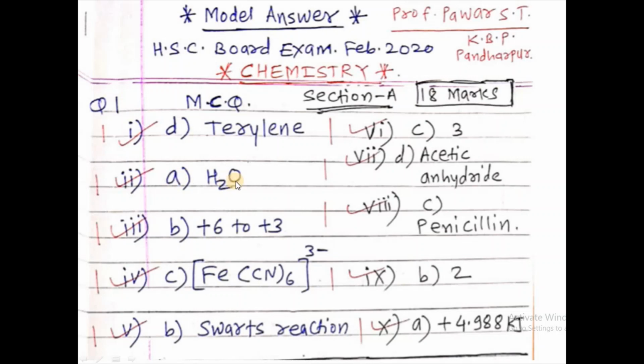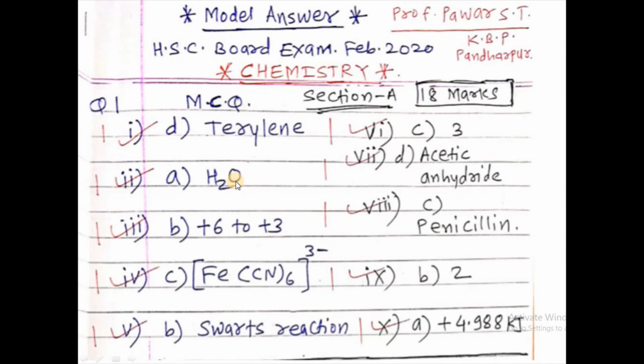The next question is: during oxidation of ferrous sulfate using a mixture of dilute H2SO4 and potassium dichromate, the oxidation state of chromium changes from dash to dash. Now we have to know the oxidation state of chromium in K2Cr2O7. Potassium dichromate means K2Cr2O7, and